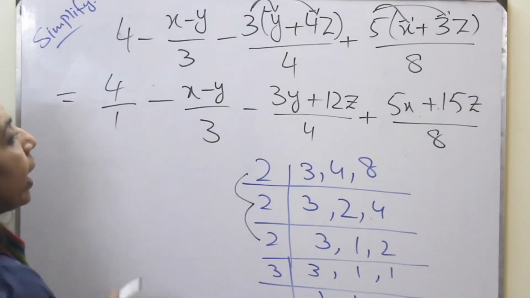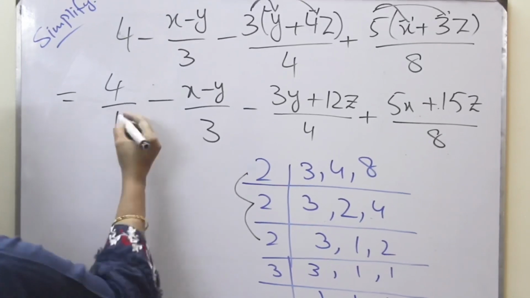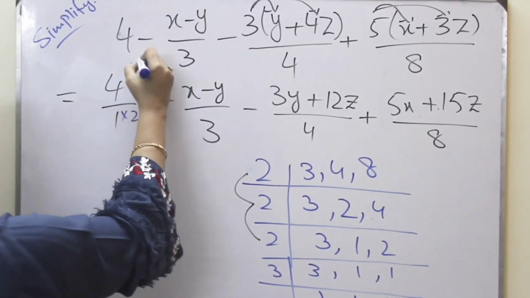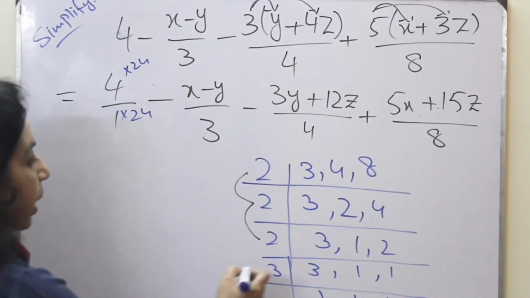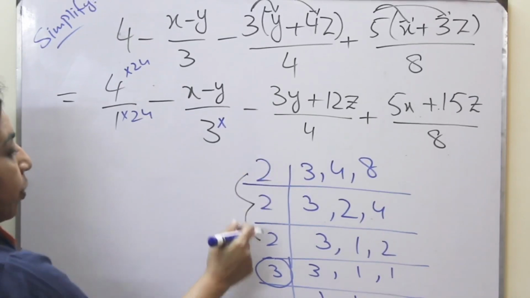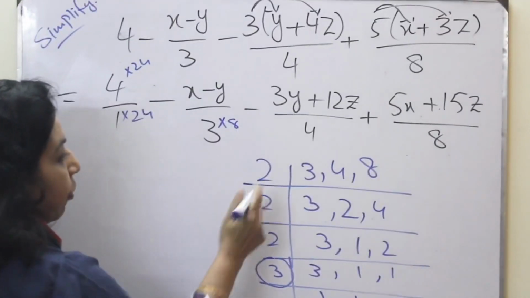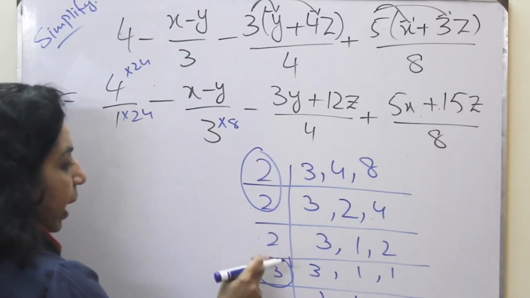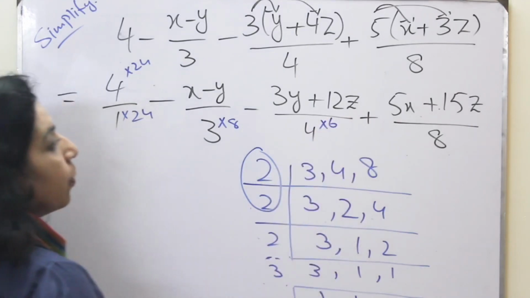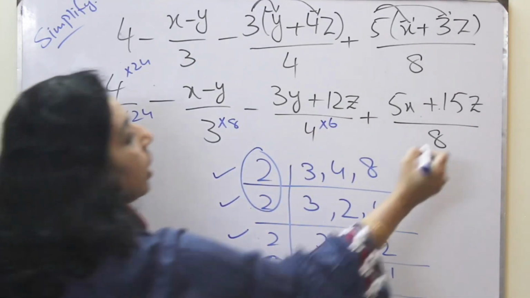Now notice how I give values of the LCM to the denominators. This is 1. It will be multiplied with 24, the whole 24, right? This is 3. Keep this 3 and multiply with the rest of these, 3, 8. 2 times 4, 4 2 times 8. This is 4. So keep 4 with you and multiply it with 6. 3 2 times 6, and this will be 24. And when you have 8, 2 2 2 8, you shall only multiply with 3.